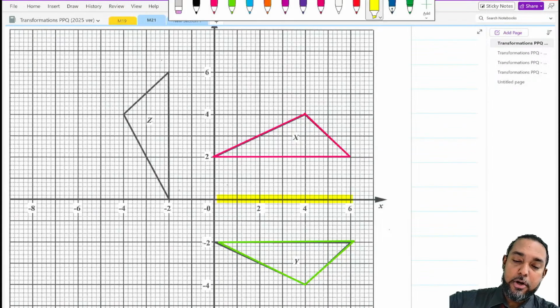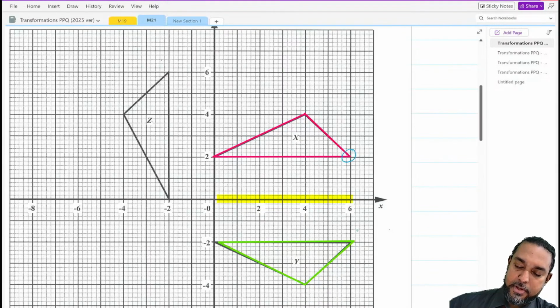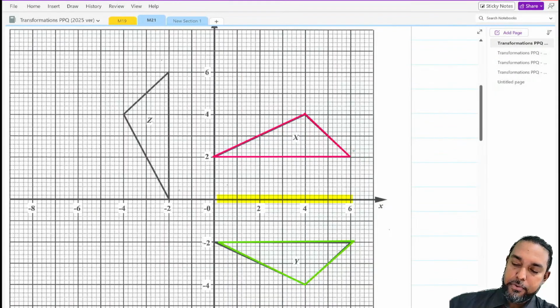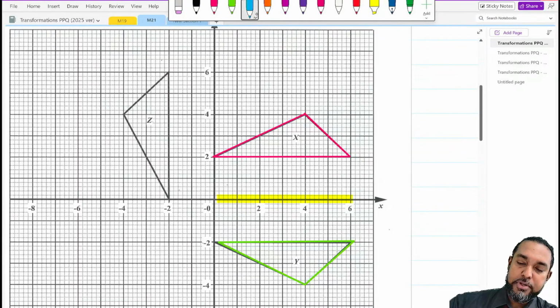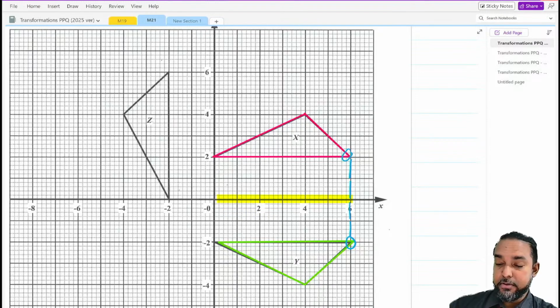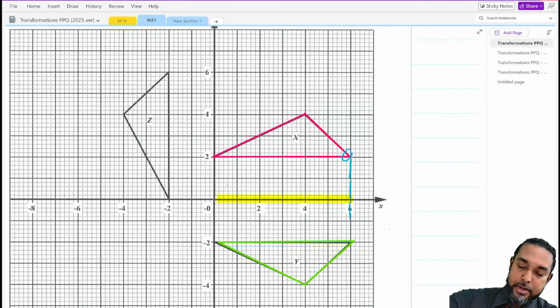So how do we double check that, right? Again, this is just out of curiosity. Let's take this vertex here. Sorry, let me increase the weight on that point a little bit more. This vertex here and this vertex here correspond. What we're going to check for is, are they the same perpendicular distance away from the mirror line? From this point here, how many spaces down do they go? 2. And if we go 2 spaces, do we get to the corresponding vertex? Yeah, we do. So that works for that one.